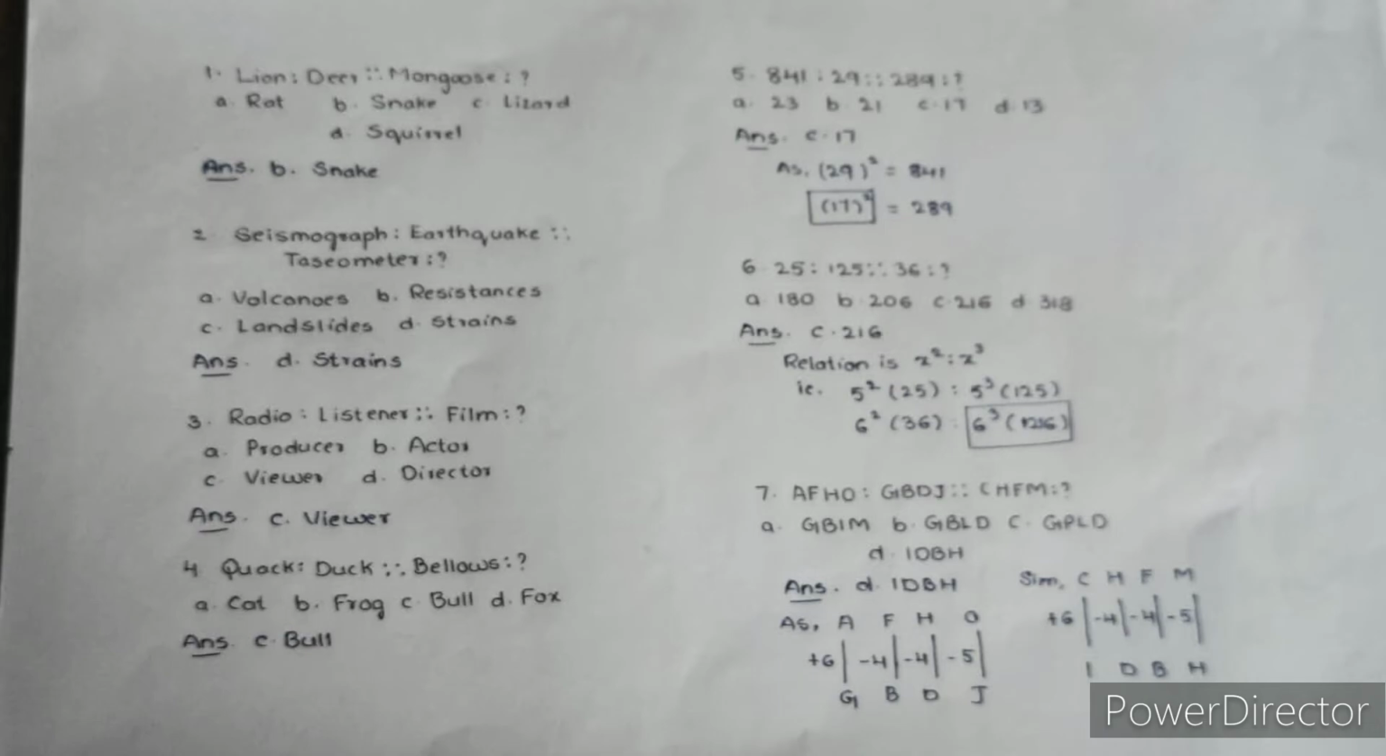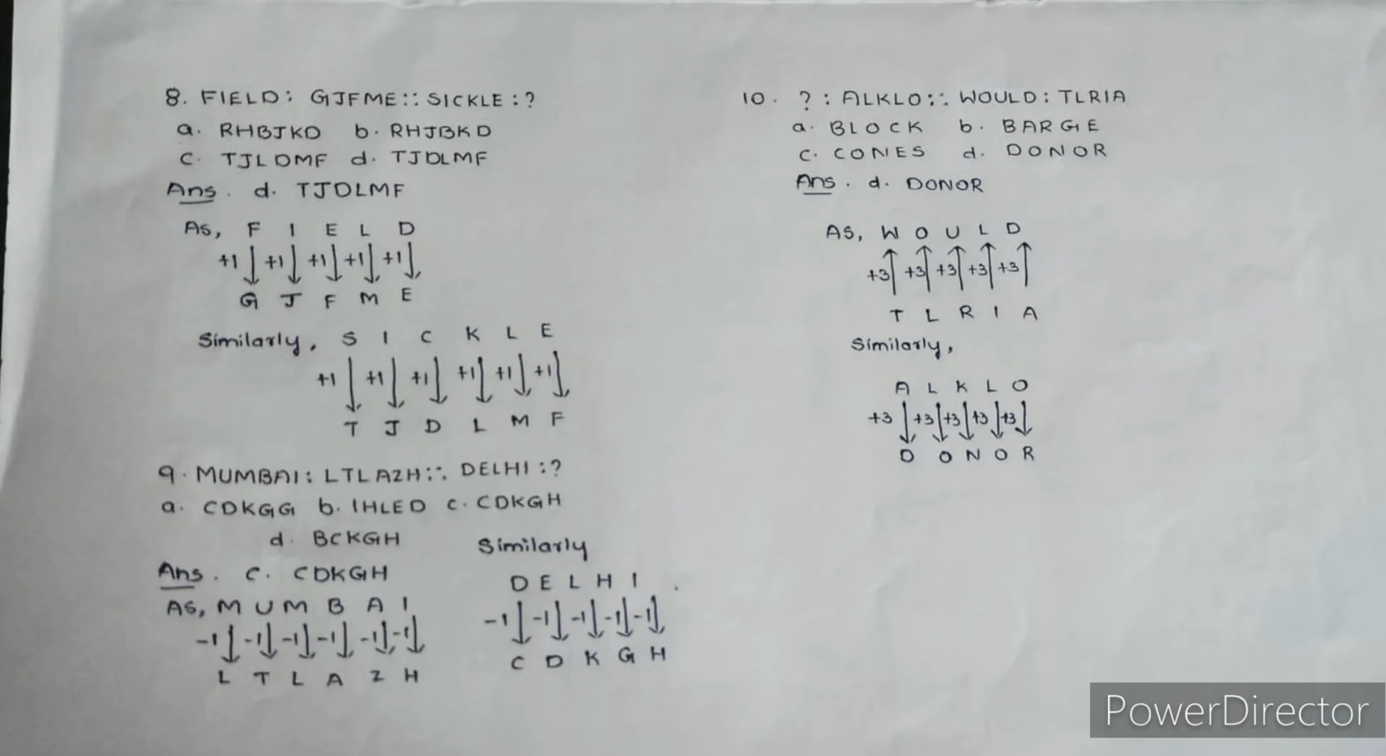So the eighth question is, FIELD is related to GJFME. Similarly, SICKLE is related to what? So the options are RHBJKD, RHJBKD, TJLDMF, TJDLMF. So first let us find out the relation between FIELD and